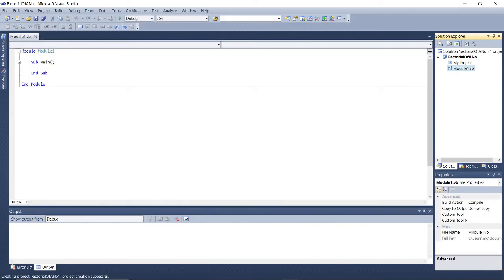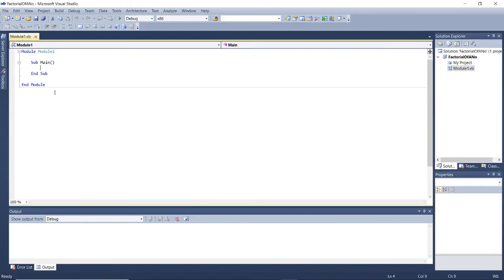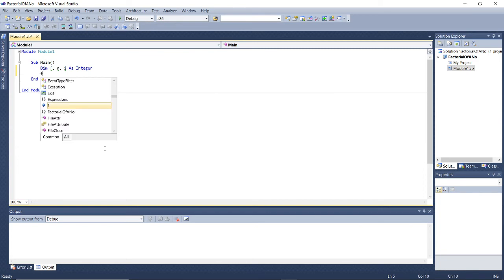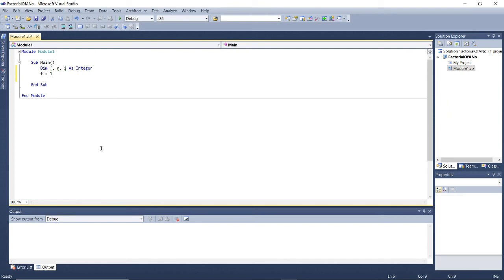So okay, again it will display all the things. I will write this program. I think all of you know the procedure to write the program. First of all, you have to declare f, n and I as integers: f for factorial, n for given number, I for loop. Initially the value of f is equal to 1, then you have to write console dot write, enter any number,